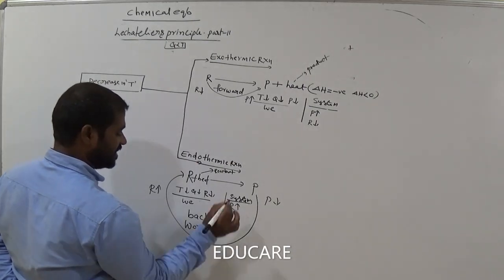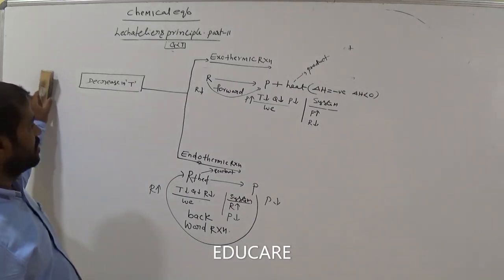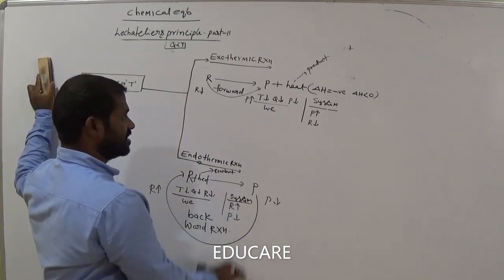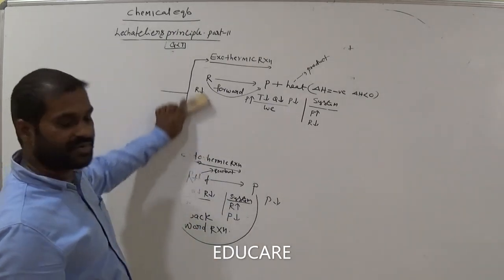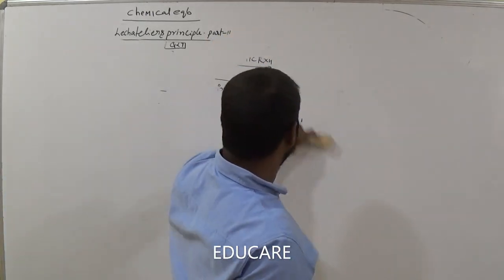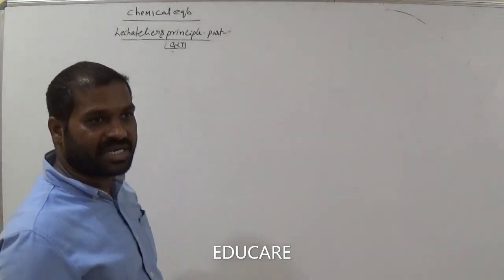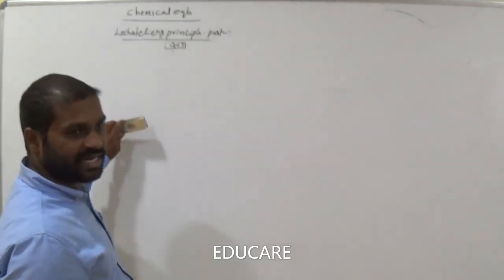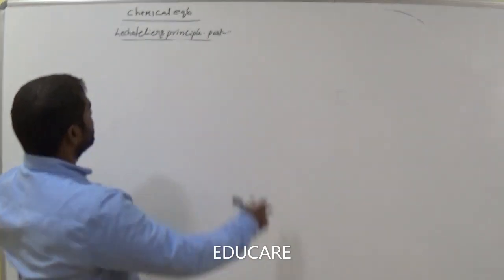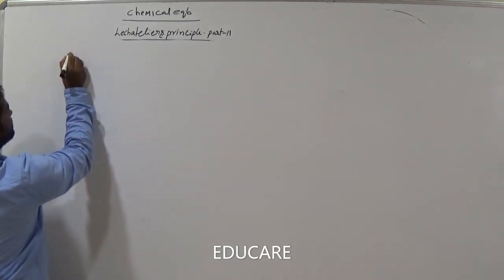Backward reaction takes place. Is it clear? Endothermic reaction means delta H is positive. So this is the effect of temperature on chemical equilibrium with respect to Le Chatelier's principle. We already discussed the effect of concentration of reactants and products, and the second factor is the effect of temperature. Now the third factor is